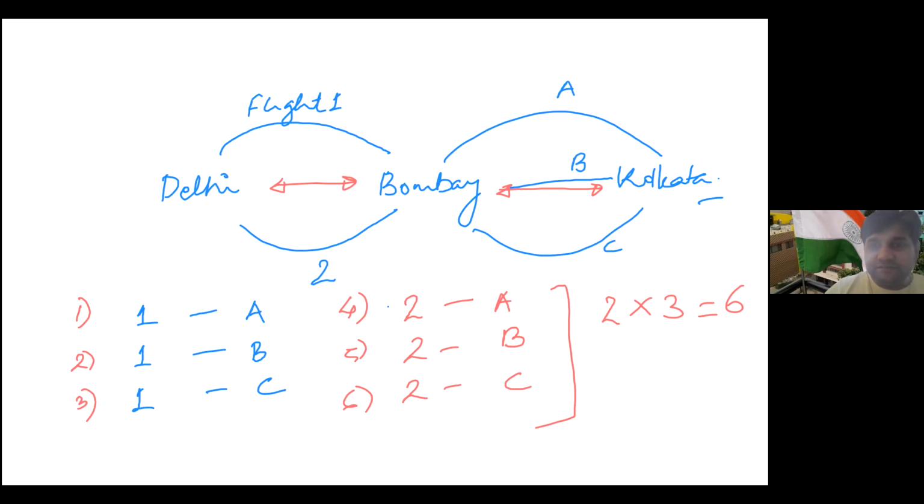In PNC, you will always hear this term mutually exclusive. Mutually exclusive means that whatever happens in the Delhi to Bombay part has no bearing on what is going to happen in the Bombay to Calcutta part, which means Delhi to Bombay and Bombay to Calcutta are 2 events which are mutually exclusive. Okay, so that is what it means. All right, great. Now let's go to